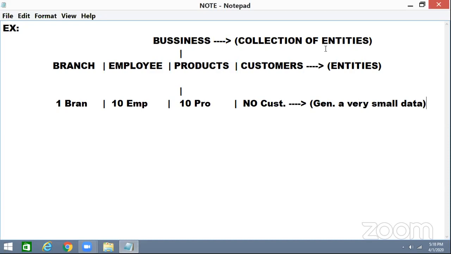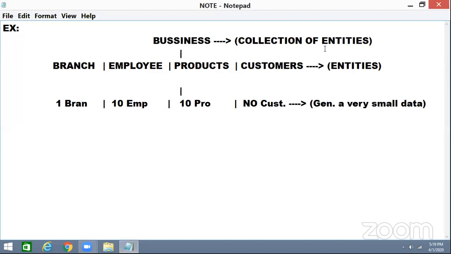No, not at all. Year by year, my business will be widely expanding. Yes or no? Every businessman expects to expand widely. Now I started with one branch, but after a few years, I want to establish 10 branches, 100 branches, 200 branches. I want to expand my business to the entire world. That is a businessman's strategy.